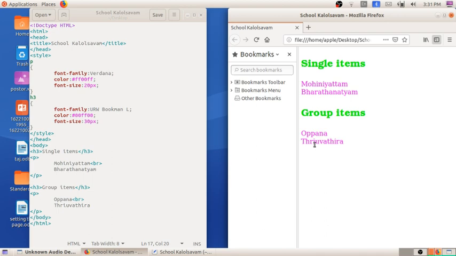If we give it like that, it is known as the class selectors, because type selectors cannot be used here. Type selectors are used when the same features are given, but for giving different features we have to use the class selectors. So I will be showing how to use the class selectors here.